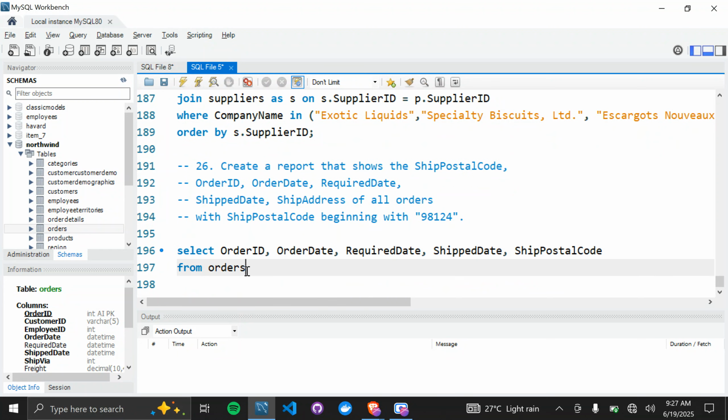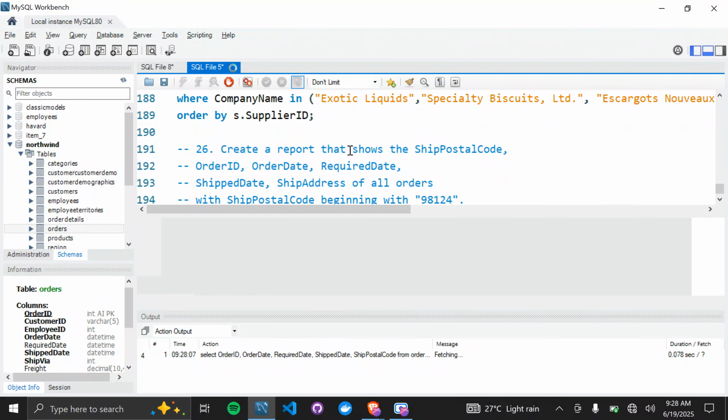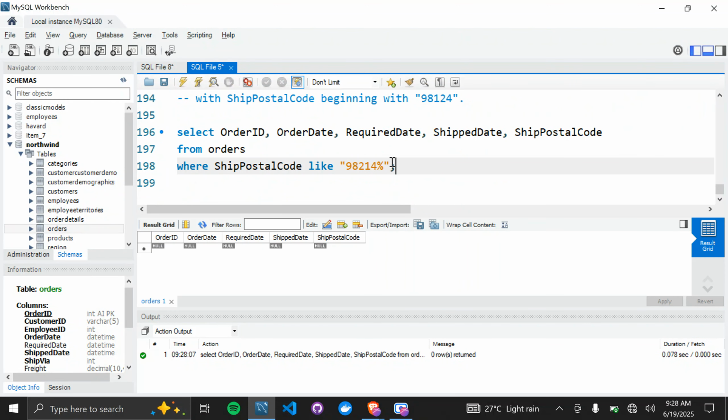Right. So you see from orders, and the condition is where ship code begins with 98114. So where ship postal code like, we use the like keyword, and it begins with 98214, and we use our percent sign. That is, starts with 98214, then anything can come after that. That is basically the solution, and we can run this and see. So apparently there is no postal code that starts with